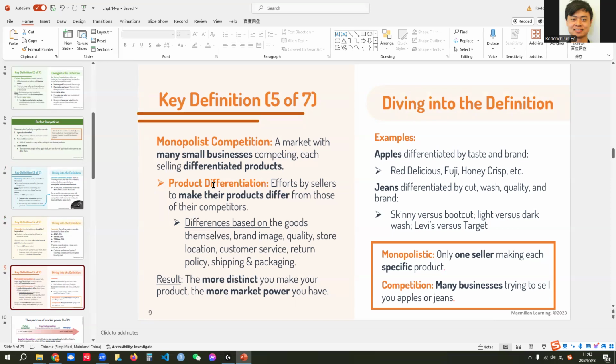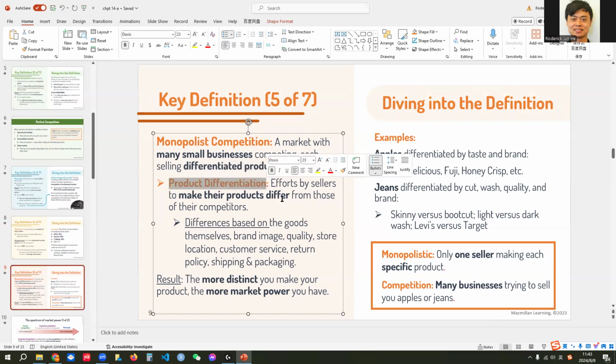So here, product differentiation, now you know, is to create consumer loyalty. Consumers, they buy your product. They are stuck with your product for a reason. Why? Your product differs from others. Your product is not the one that is easily found in the market. So then they have to travel far just to get your product,